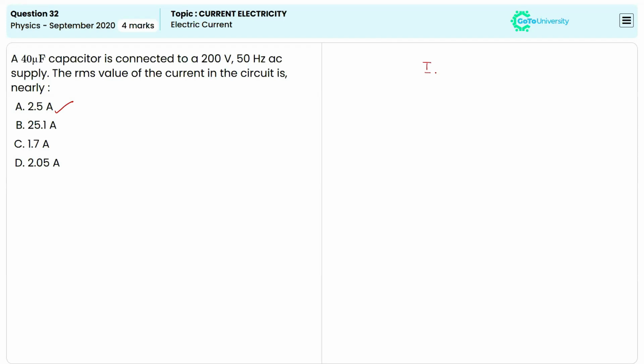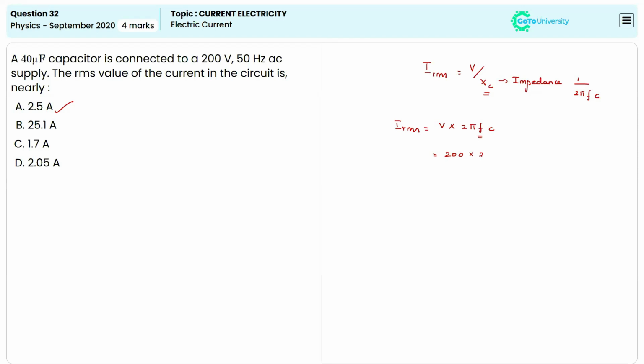It's known that the value of RMS current will be calculated using the formula V divided by XC, whereas V is representing the voltage and XC is representing the impedance of a capacitor, right? So the impedance can be calculated using the formula 1 divided by 2 pi fc, right? So here we can apply the value. So the RMS current will be equal to V times 2 pi fc, right? F here is representing the frequency, V is representing the voltage. Now we can apply the values.